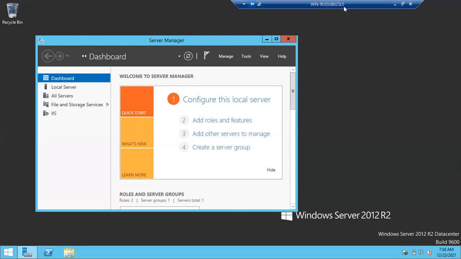Now, who is the third person? Fayak is trying to connect to the same server. Shiva and Rajesh are already working on the server, but Fayak is trying to connect. Then Fayak will get one screen saying the server is busy with the connections. Fayak can see that window and who is connected.